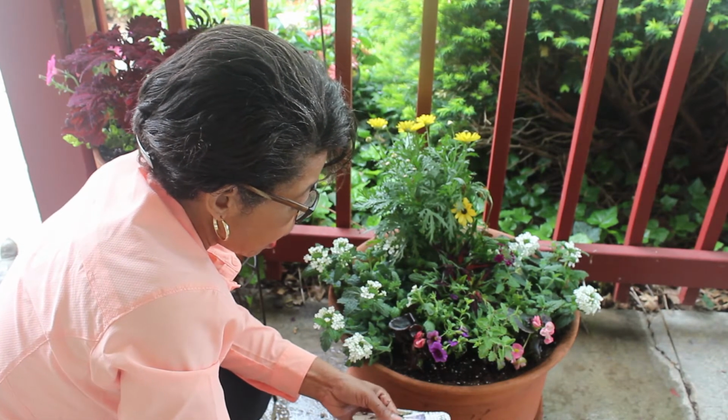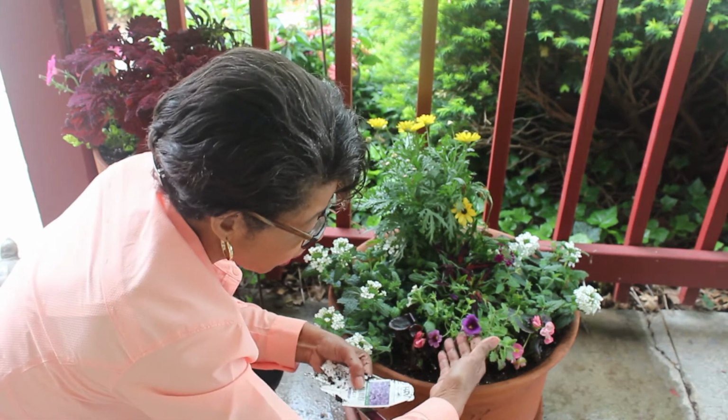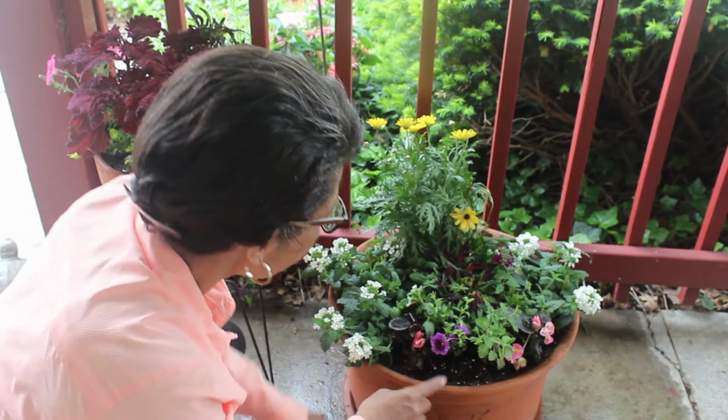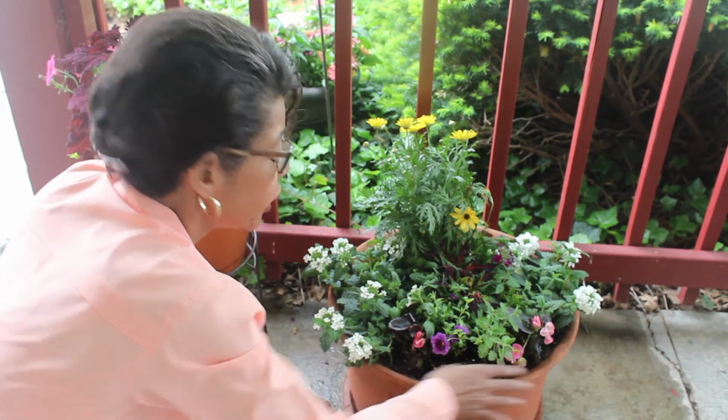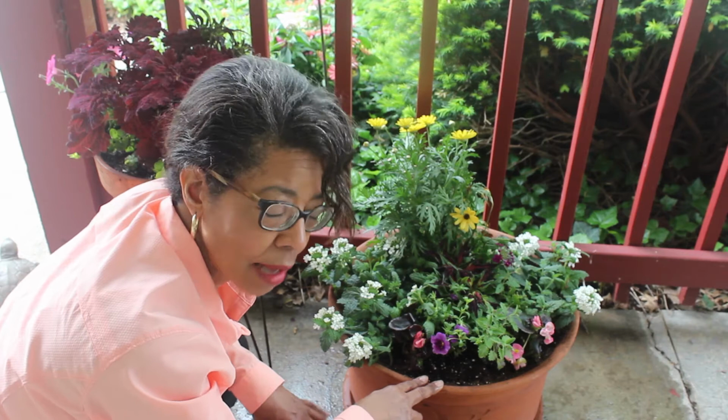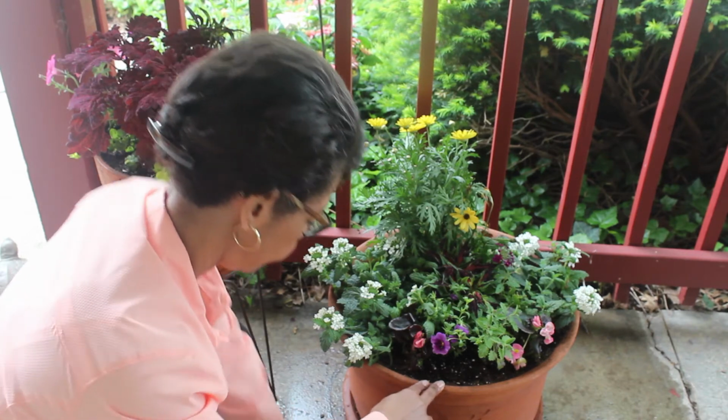And I've got right here a Super Bells Grape Punch Calibrachoa. Then I tucked a few begonias in here just to bring that little pink over. And my neighbor's cutting his front lawn now, so